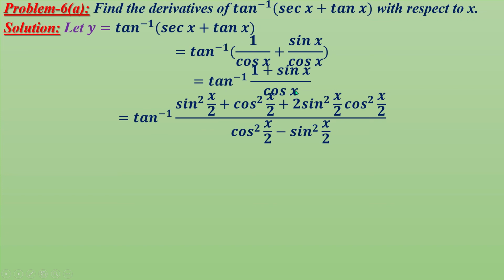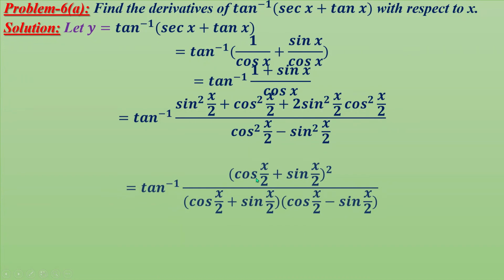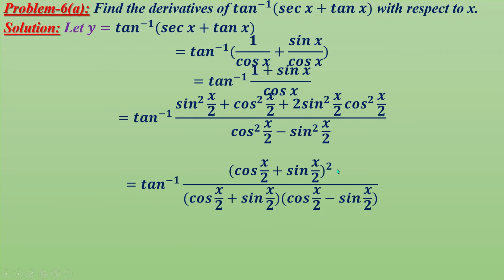And cos x, we can write as cos 2 into x by 2, and cos 2 into x by 2 means cos 2a. Cos 2a is equal to cos square a minus sin square a. From trigonometry we know this formula. Clear everyone? But here, again I repeat, here it will be only 2 sin x by 2 cos x by 2. So we can write cos x by 2 plus sin x by 2 whole square, or sin x by 2 plus cos x by 2 whole square, as it is plus, so we can write any one first, no problem.